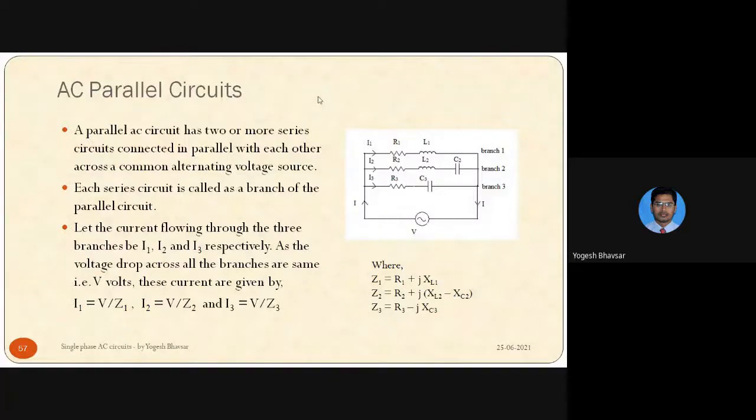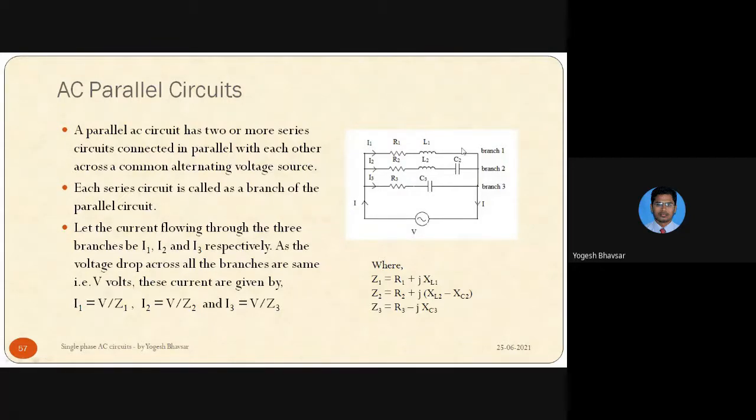Now in an AC series circuit, all the elements are connected in series across the source. Now in an AC parallel circuit, we know that there will be parallel branches, right? Here in an AC parallel circuit, the parallel branches may have a combination of resistance and inductor (RL), RC, RLC, or only any one element from those. Maybe only R, only inductor L, only capacitance C.